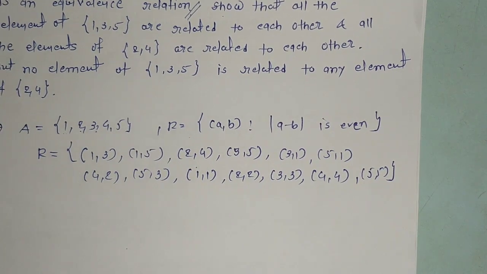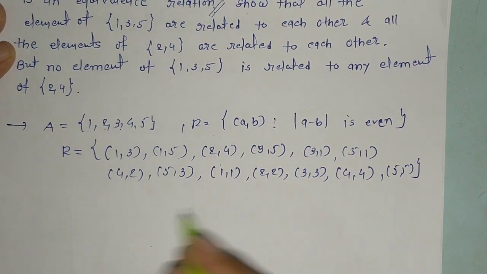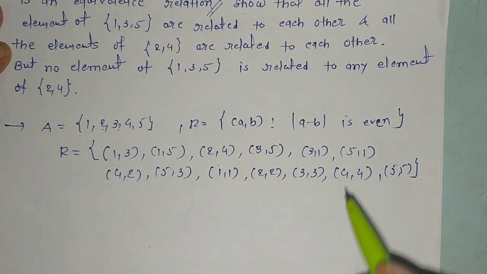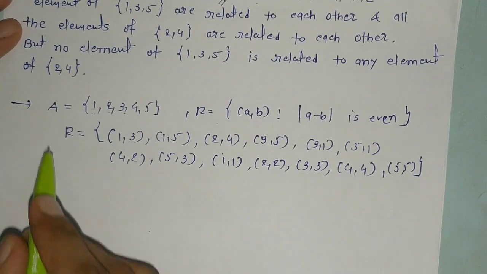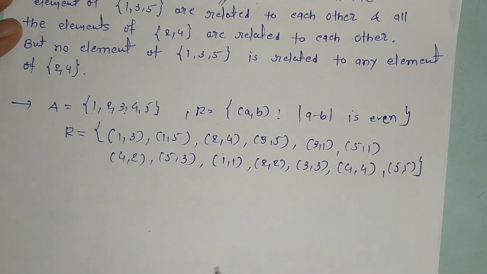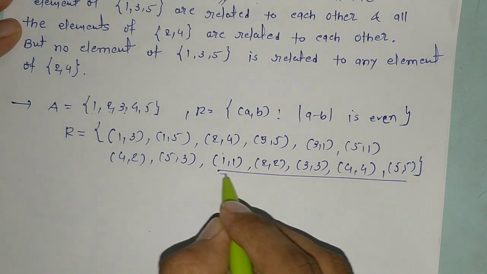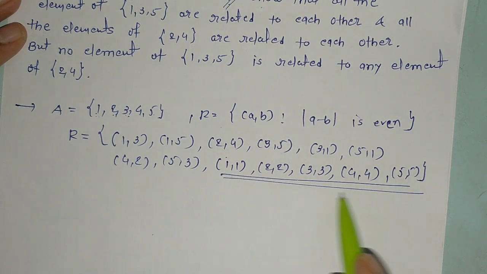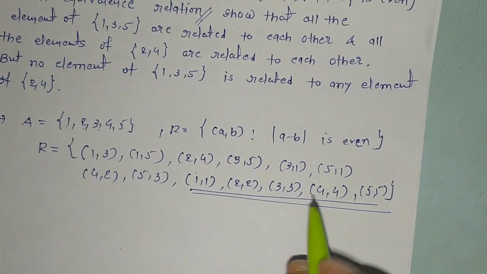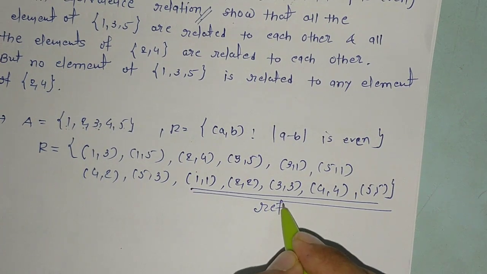Okay. Now, for this, one can observe or you can prove by the approach method. We are observing and then we go with this question. So if you observe this roster form, each element of the set 1, 2, 3, 4, 5 is related with itself. So the relation is what? A reflexive relation.